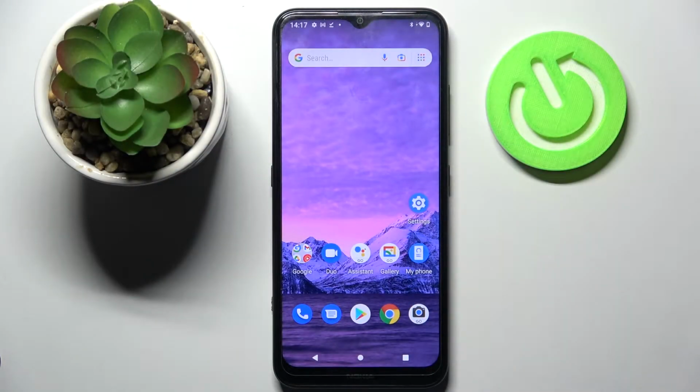Hi! In front of me is Nokia 1.4 and today I would like to show you how you can rename